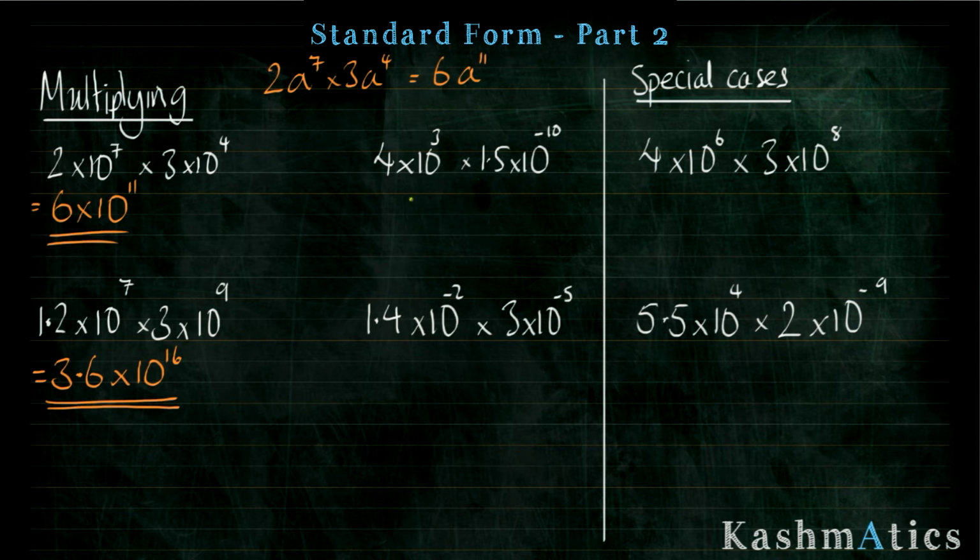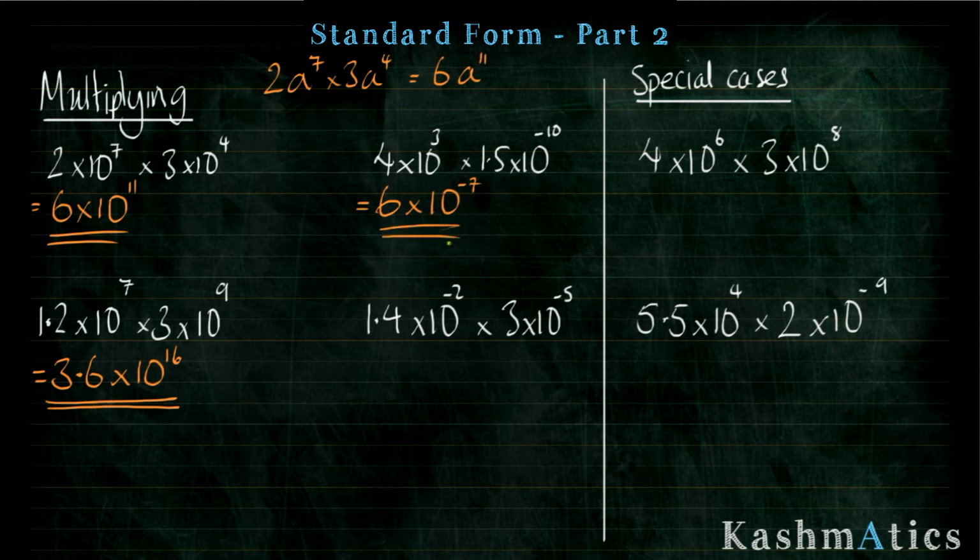Here I've got 4 times 10 to the power 3 multiplied by 1.5 times 10 to the power minus 10. I've got to be careful here because I've got a negative power as well. So let's do the 4 times 1.5 first. That's 6 multiplied by 10 to the power. Now let's have a look. I need to do 3 add minus 10, which is the same as 3 take away 10, which is minus